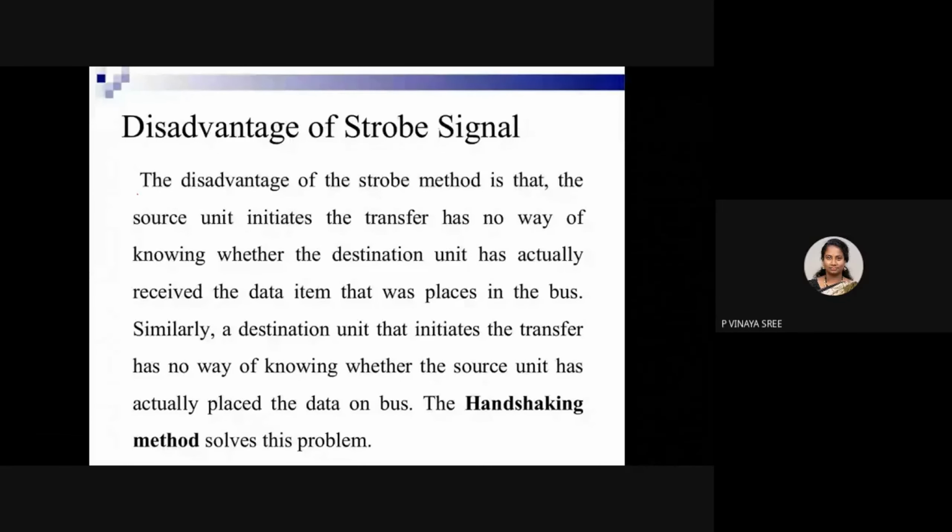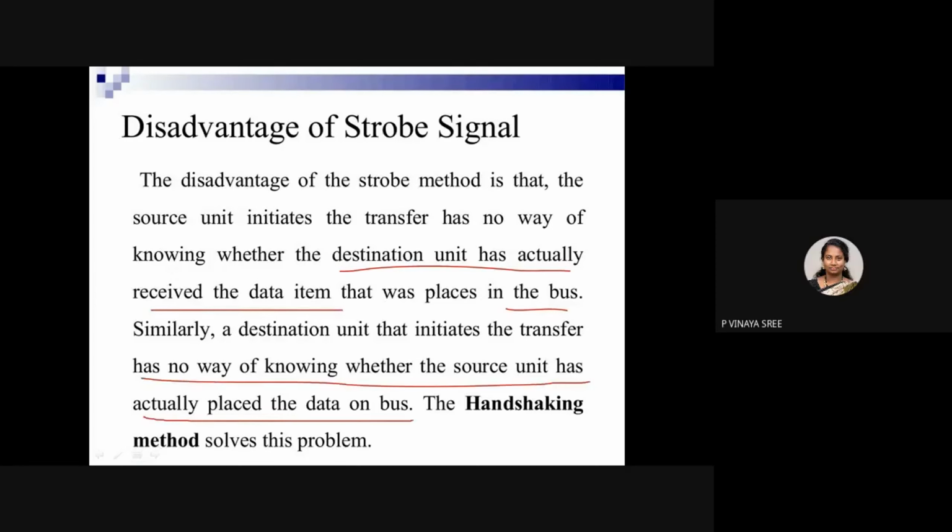See here, the disadvantage of the strobe signal. The disadvantage of the strobe method is that the source unit that initiates the transfer has no way of knowing whether the destination unit has actually received the data item that was placed on the bus. And similarly, a destination unit that initiates the transfer has no way of knowing whether the source unit has actually placed the data on the bus. To solve these two problems, we are going for the handshake method. Okay, so in this handshake method,